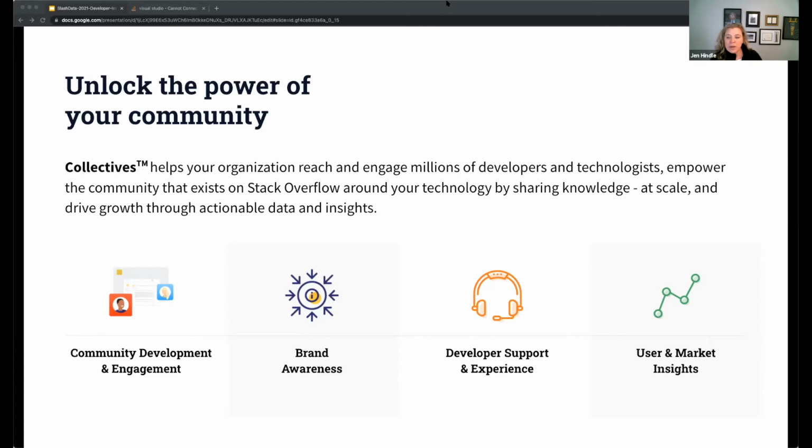In our research and in talking with both our community as well as product-focused teams at technology organizations, we know that developers and technologists, and Christina spoke to this earlier, are really looking for communities that help them find and share trusted knowledge. They want information faster so they can reduce the time away from the task at hand, the coding or the project that they're working on. They're looking for communities that are well supported. And they're also looking for communities that allow for collaboration around shared interests.